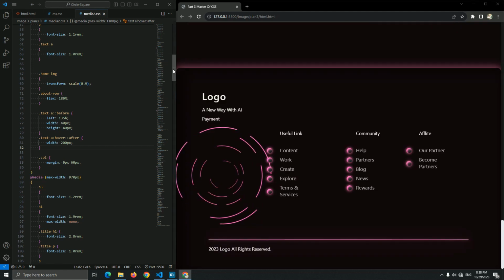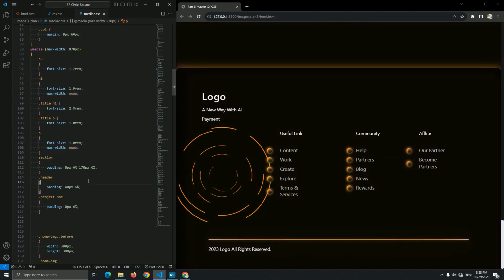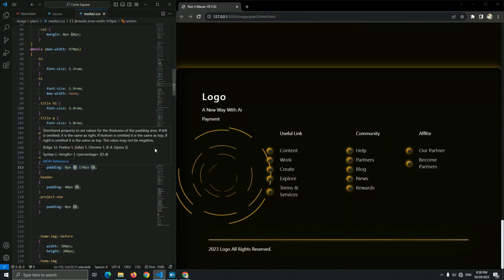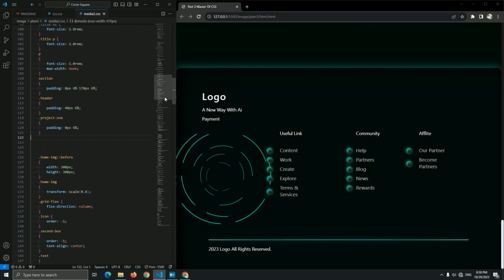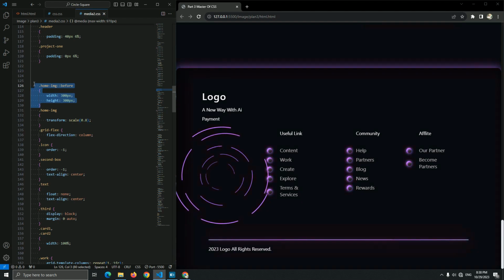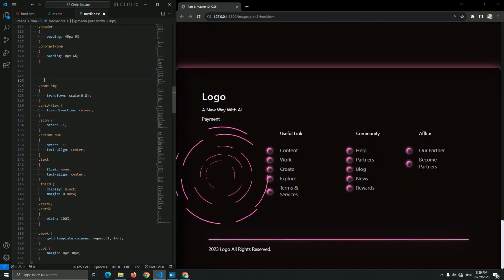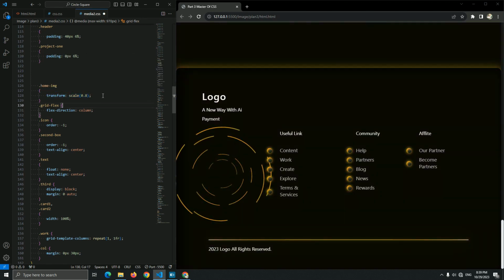And now for the tablet of this media, as you can see, we just reduce the size of the font size, and we remove this max width for h1 and p. And we just reduce the left and the right to 6% instead of 8% or 10%. Yep, for this media of the tablet. And for this home image before, we don't have a home image before. Just remove it. And for this home image, again, I just use a scale. And this is part 3 of before, by the way, guys. I just copy and paste it instead of typing.